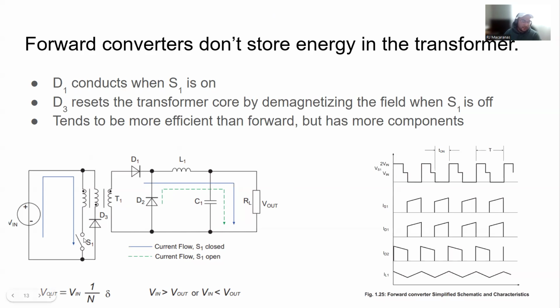So when we turn this switch on, just like in the forward converter, we cause current to flow through the inductance of this primary transformer winding. Again, we have this dot convention, but this primary dot is actually coupled with both this winding and this winding. So that's just something to keep in mind with this forward converter. As we have current going into this dot, when the switch is on,